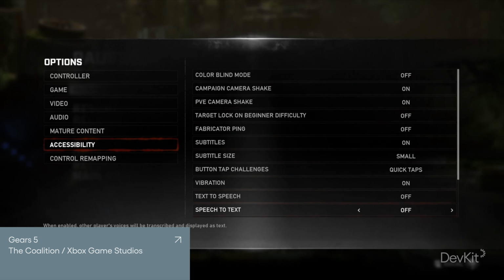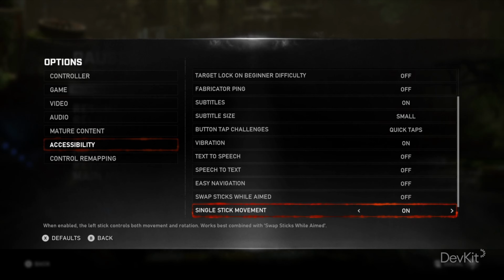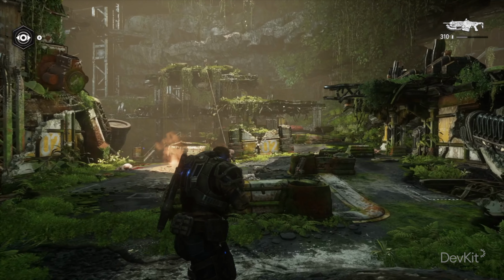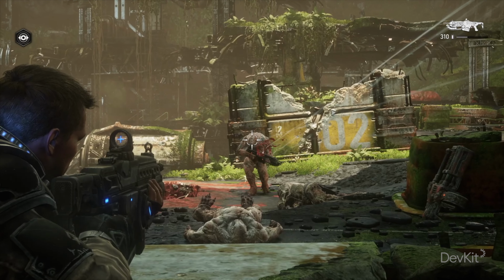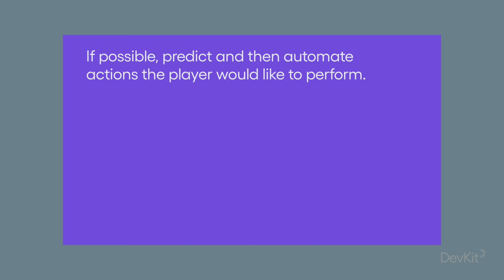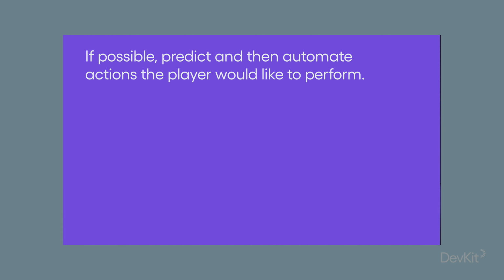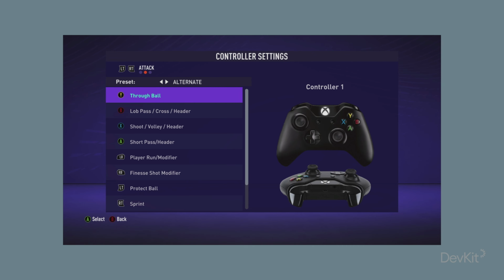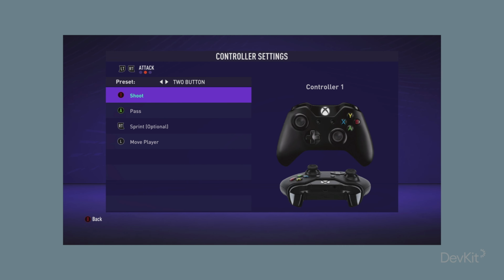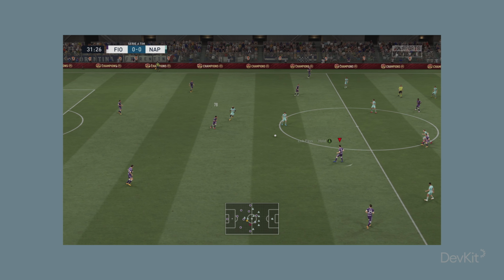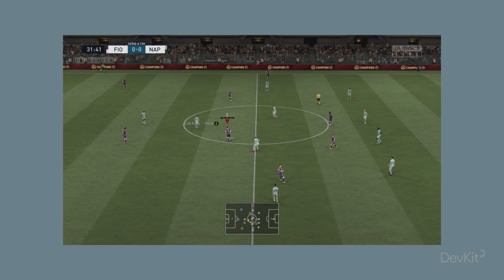Gears 5 also has the option of single stick aiming, but extends this by having a single stick mode as a separate choice that allows you to move around and control the camera with a single stick even when not aiming. When evaluating the controls that players will use, consider how your game could include a way to play with access to fewer inputs. You might have options that go beyond changing the way input is handled and actually alter the gameplay as well, assisting the player and reducing the total number of inputs.